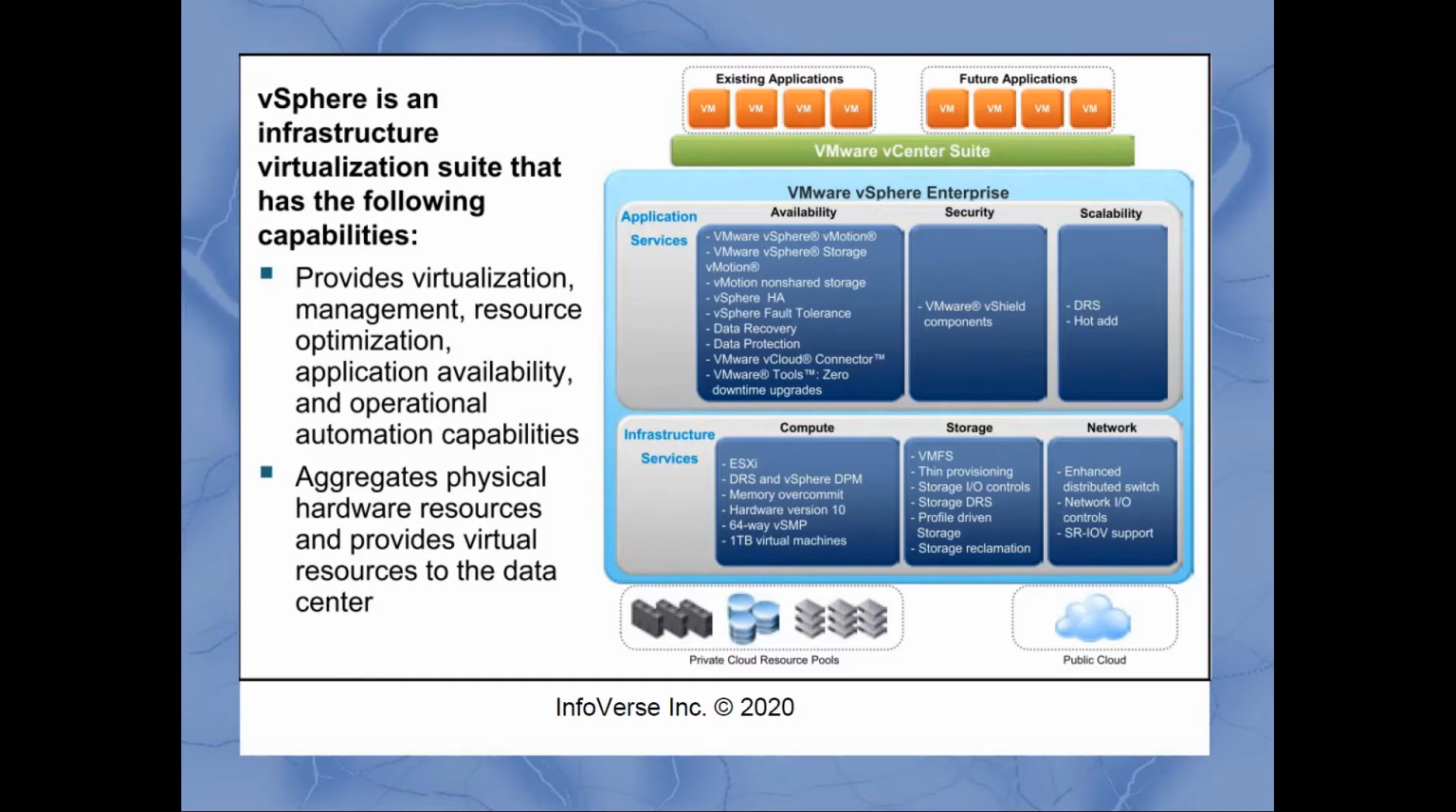We have additional features like storage DRS, profile driven storage reclamation. In terms of network, we have the standard switch, enhanced distributed switch, network IO controls, and other features providing high performance and availability on the network side. Moving on,